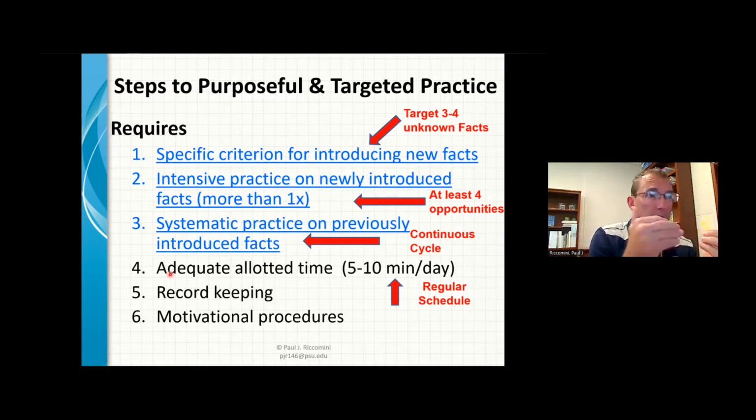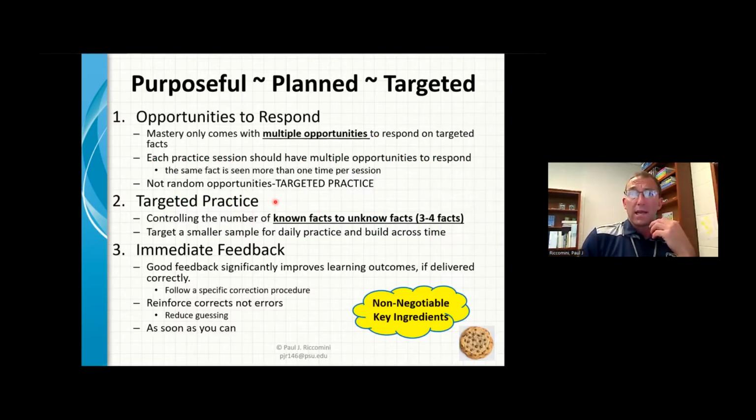Second, look for multiple opportunities. Third, is there sort of a cycle? And then you're evaluating that particular activity based on these 3 key features. And it will sort of mirror that incremental rehearsal kind of technique. And again, you're always looking for these opportunities, targeted practice, and then that immediate feedback. Now, sometimes you're not going to be able to do that immediate feedback, especially if you decide to do pencil and paper practice. So the feedback's going to be a little bit delayed. Either way, we got to get the kids the feedback so they can make the corrections. But that's what we're looking for in all of the activities.